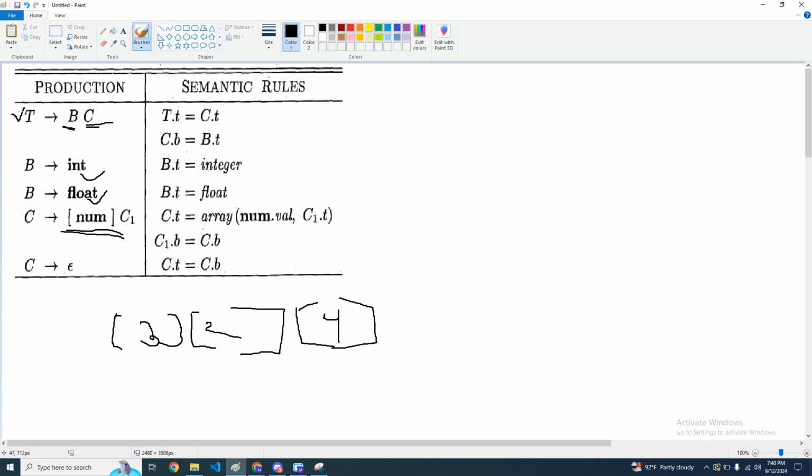So it is saying that T can produce a basic type as well as a composite type. If it is a basic type, it will be an integer or a float, and if it is a composite type, it will be an array, right? So if we are initializing a multi-dimensional array, for example,